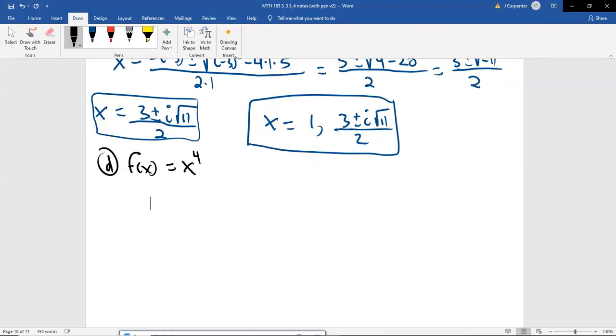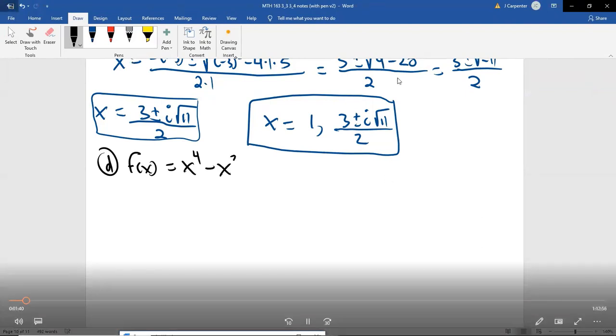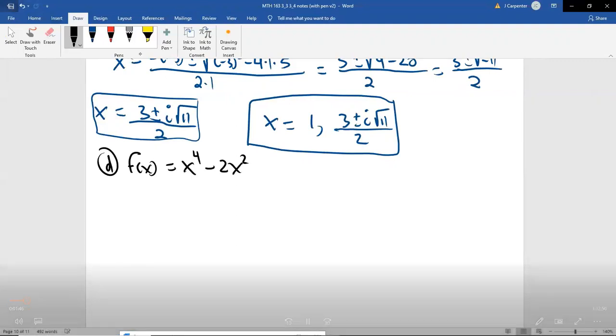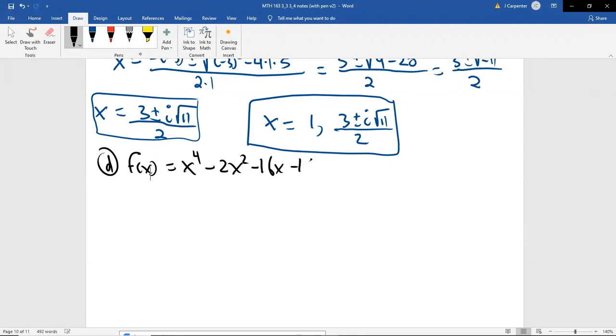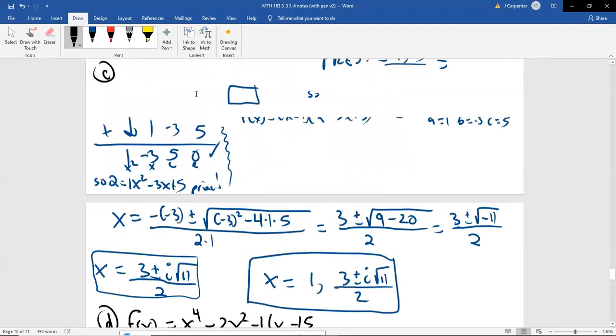So if you have not watched the previous videos, you're going to need to watch those. You might not quite understand this, maybe just catch it later, because I don't want to go over all of the steps again. So x to the fourth minus 2x squared, it was lagging, so it threw me off, minus 16x minus 15. And our goal here, the